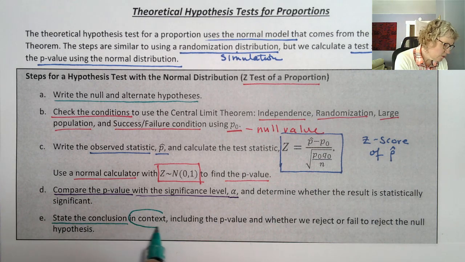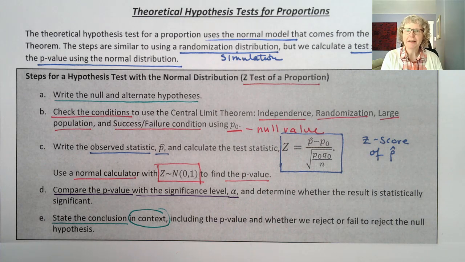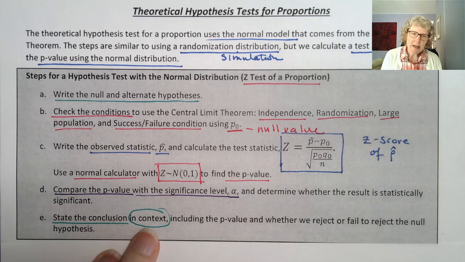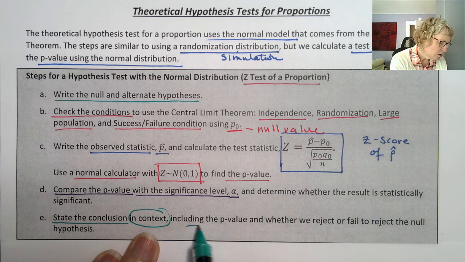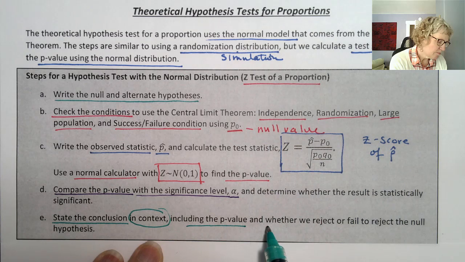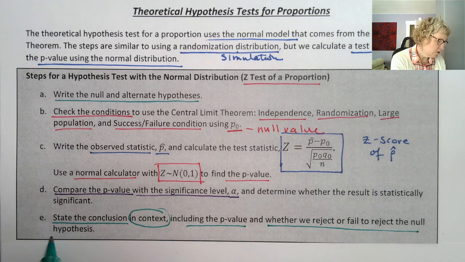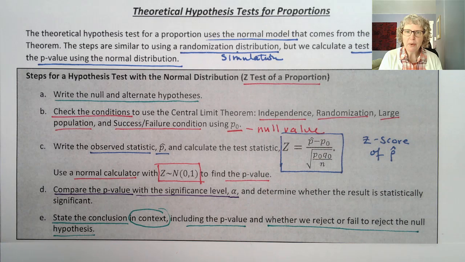And in context, we always want to put the context in our conclusion. Communication is another big theme I have in this course because, well, there's a video I'll put in that tells you why. It has to do with my statistical experience at Saturn. Communication is so important because we can't expect anyone to understand statistics. We need to spell it out. Okay, so it might feel obvious, but we need to spell it out, write it out in context. We're going to include the p-value, and then whether we reject or fail to reject the null hypothesis. Okay, so those are the